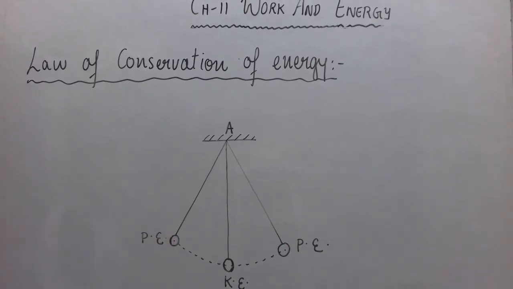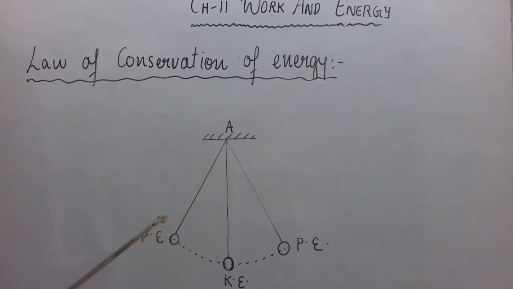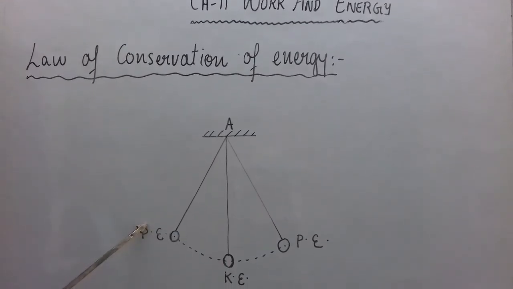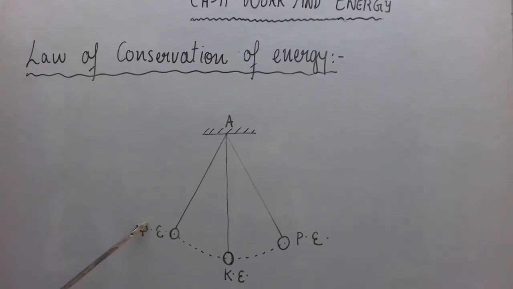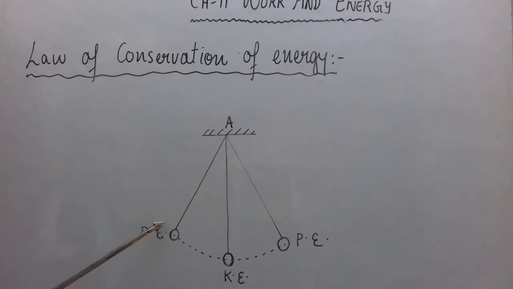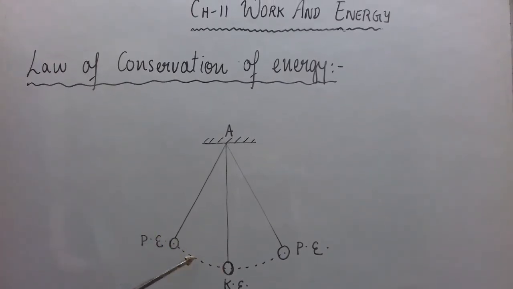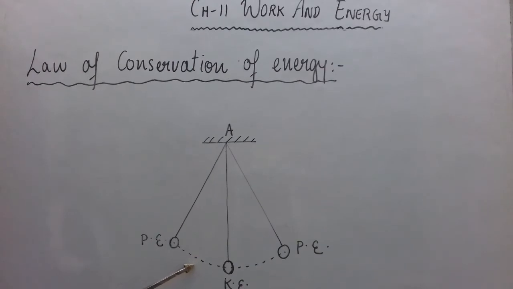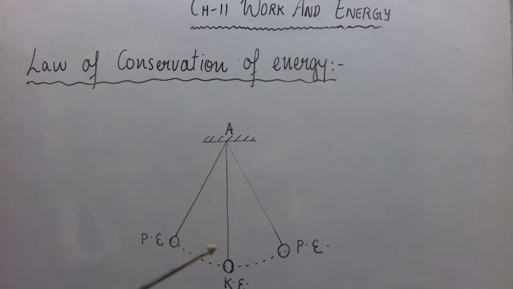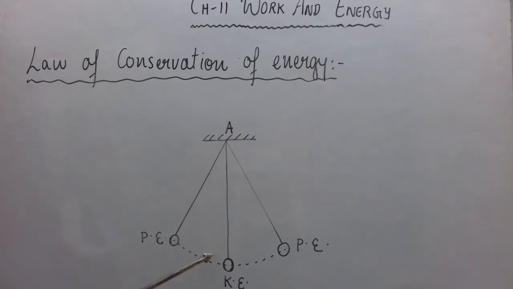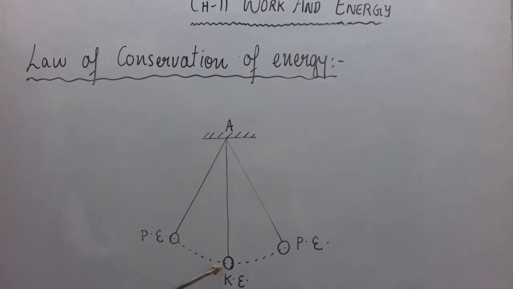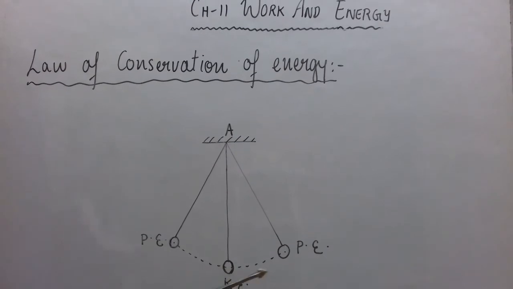Okay, so as the bob swings, whatever work we do on it to displace it from mean to extreme position, that work done and energy are equivalent, you know. So work done gets stored in it in the form of potential energy, and then it starts oscillating, converting potential energy into kinetic energy. And you should remember, at the mean position it is purely kinetic energy, and it overshoots this position due to inertia of motion. And hence it goes on the other side.